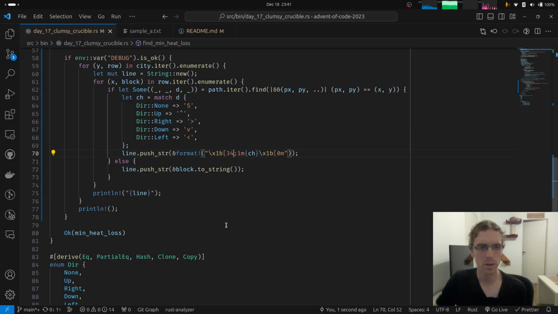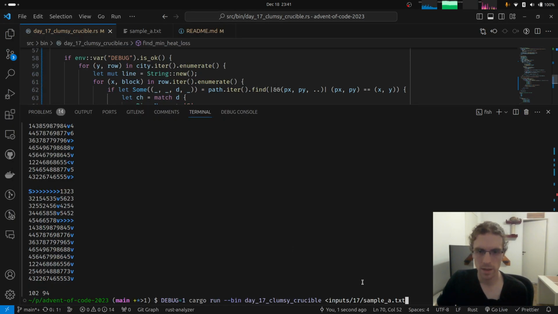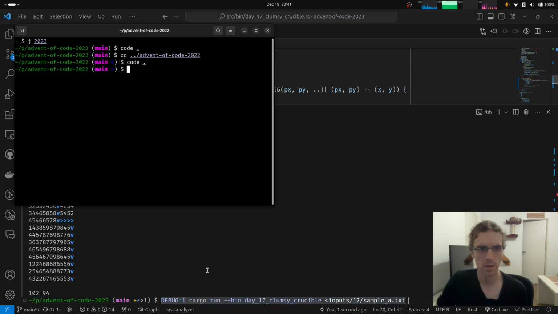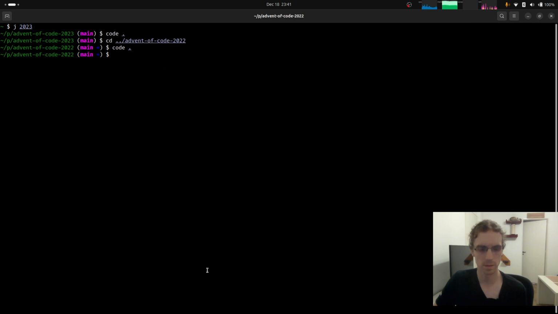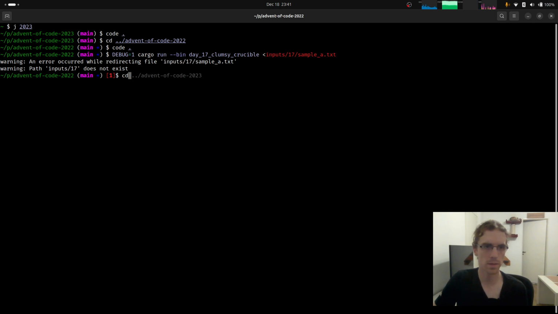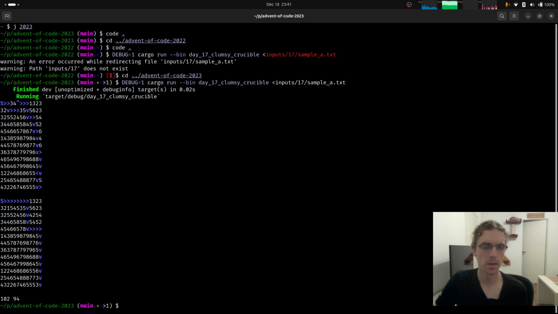I want to run this thing on the other terminal because it has a higher contrast. So let's paste this here. No, I am in the wrong Advent of Code. Yes, this is what I want to do. Look at that, that's very pretty.